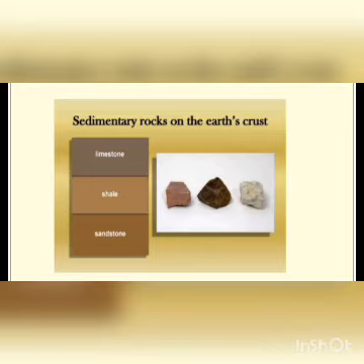As we have started our chapter Rock Minerals and Soil, today we are going to discuss the sedimentary rock examples. We have already discussed sedimentary rock: sedimentary rocks are formed from sediments by the process of compaction and compression. The examples of sedimentary rock are limestone, shale, sandstone, and conglomerates.